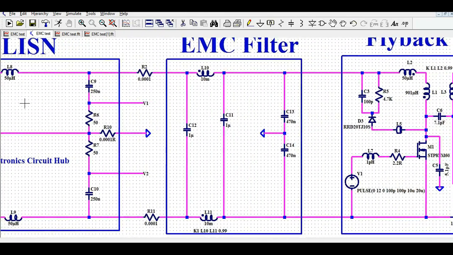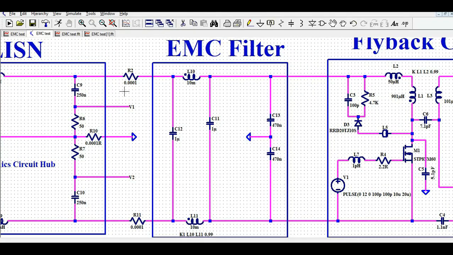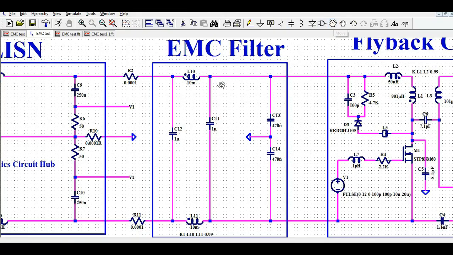And if I now show you the EMC part, okay, so this is my EMC block. In the EMC block, what I'm doing here is I'm using the choke here. Let's say this is the common mode choke. Let me rotate it, okay. No, let it be. That's not an issue. So I'm using here the common mode choke, and if you look at the capacitors,